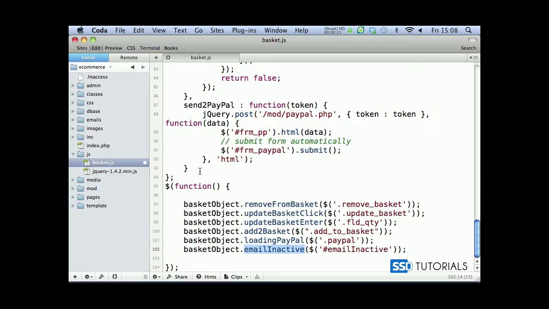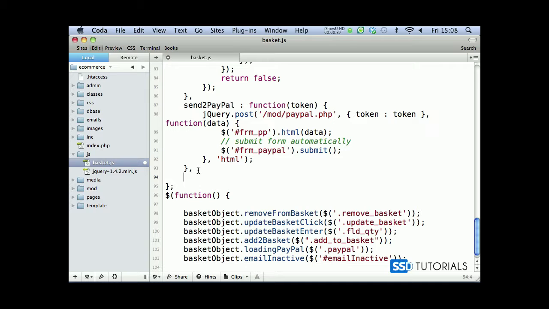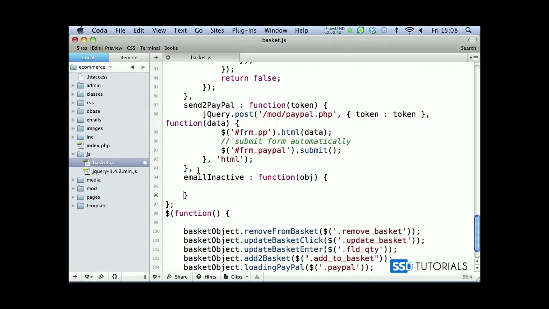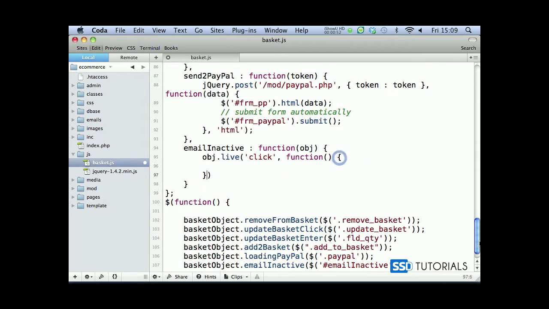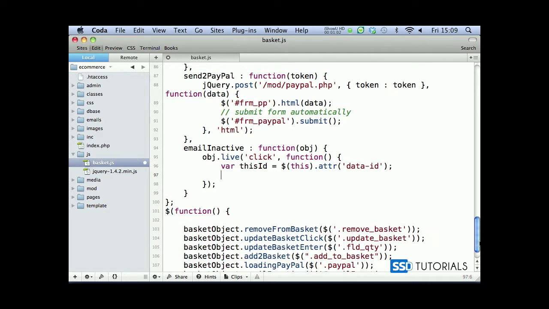Now copy the name of the method and write after the sendToPayPal method, comma, and emailInactive colon function. We take object as parameter, and in between curly brackets we start our method. So object live on click event, we want to execute the function. Semicolon, we have var thisID equals this attribute data-id, then jQuery.getJSON, then the URL will be mod